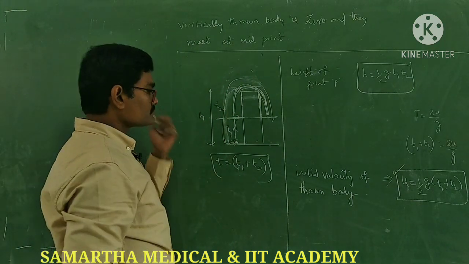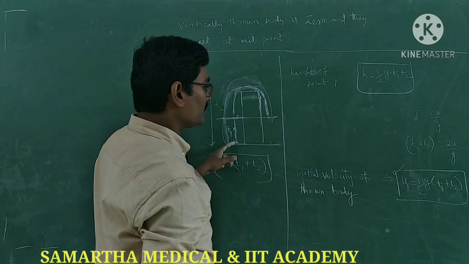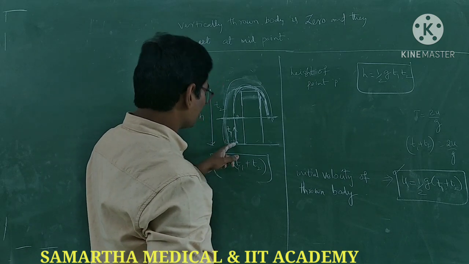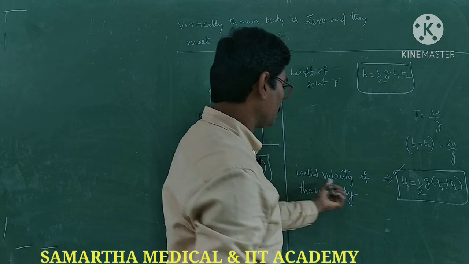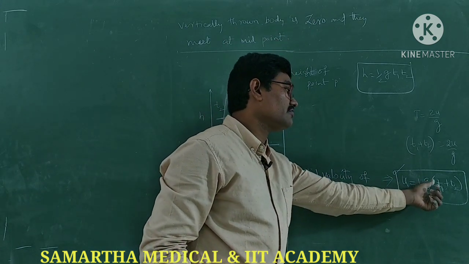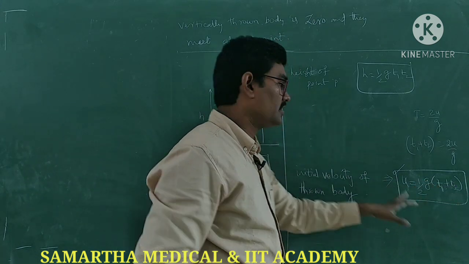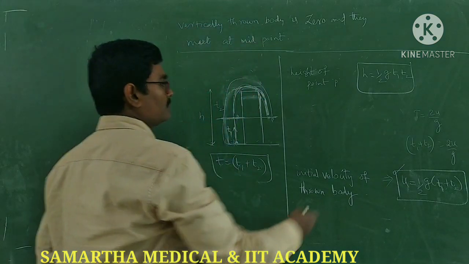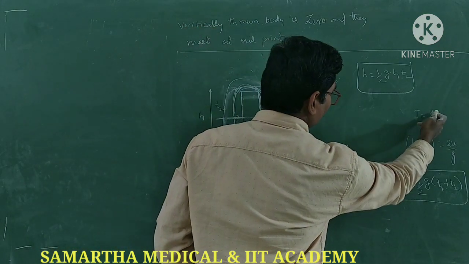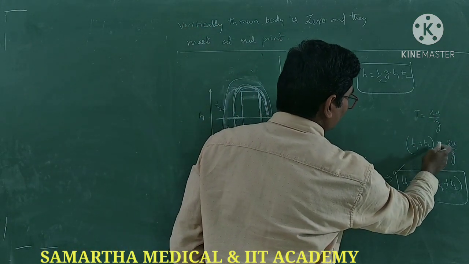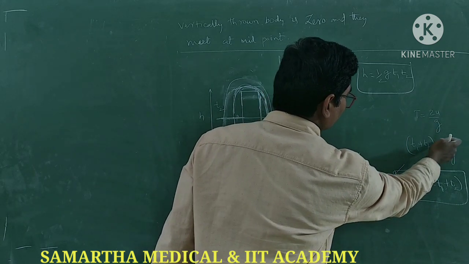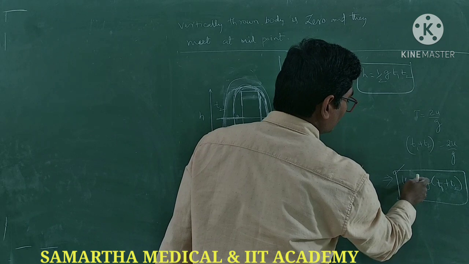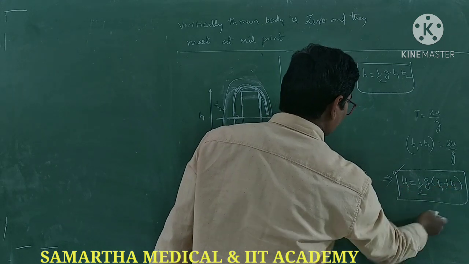Next, the initial velocity with which the body is thrown to reach the same point is u equal to half g into (t1 plus t2). Okay, so this is from the time of flight, 2u by g. From that, t is the total time, the sum of the times. So t1 plus t2 is equal to 2u by g. From that, u is equal to half g into (t1 plus t2).